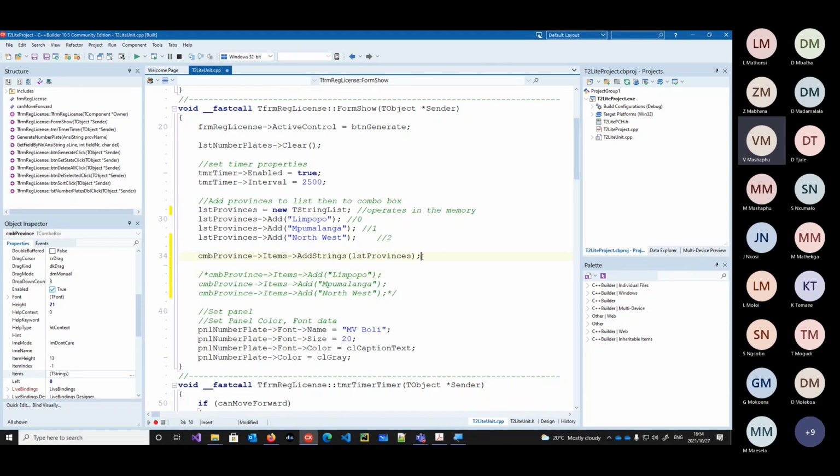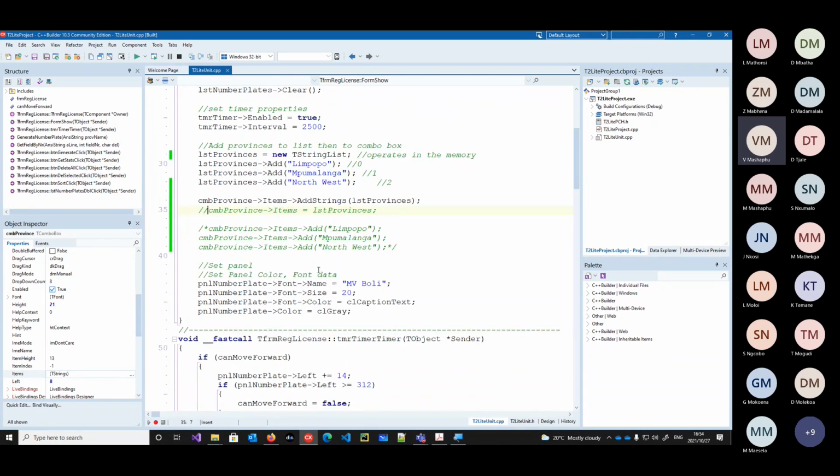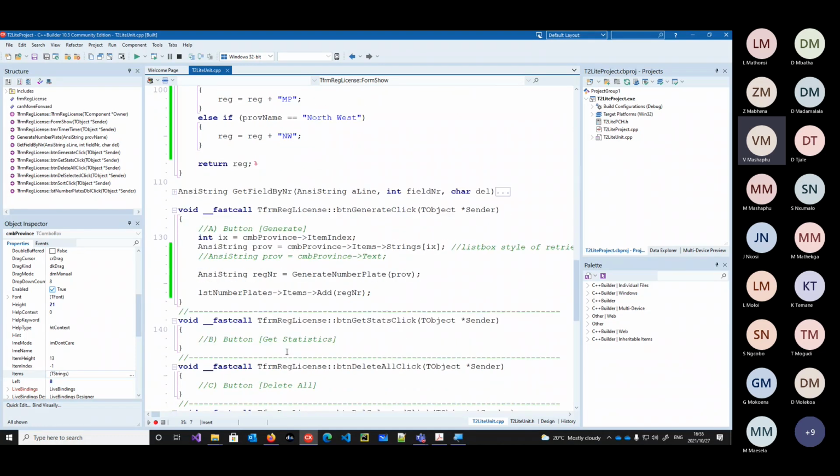The other one which I deleted was combo province items is equals to list provinces. So these two are actually the same, they just differ in syntaxes. But yes, that is the code for generating number plate and all of that. So